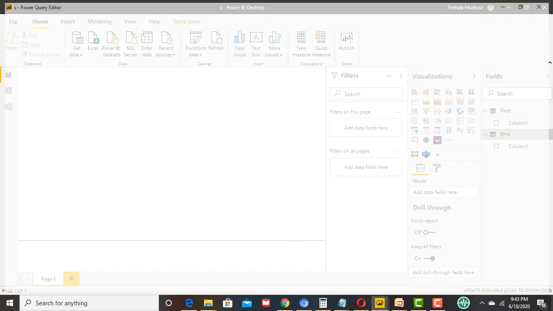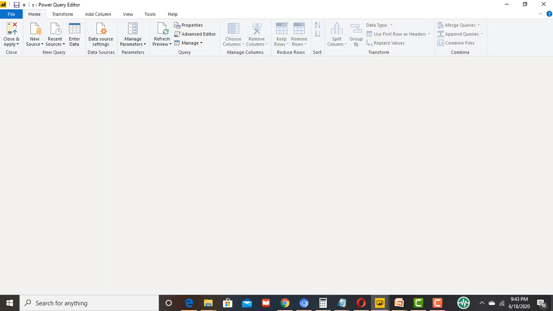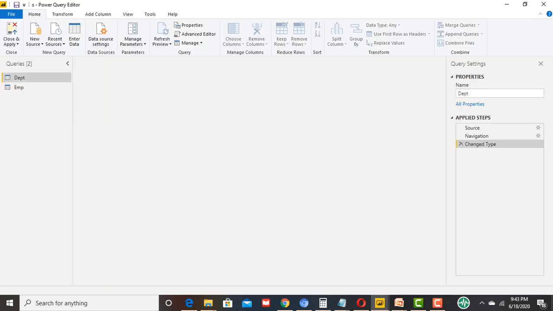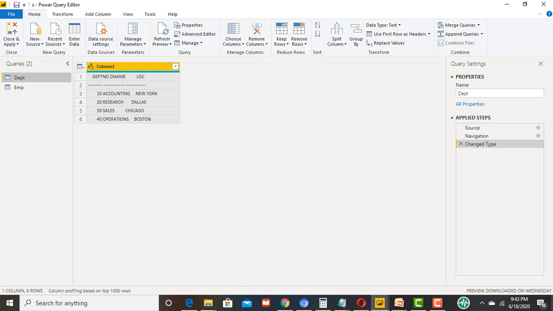So I'm clicking on Transform Data. Now see, in Transform Data I am able to view the data, but it is not in a proper way. So first, we have to come here to Split Column and then By Position.